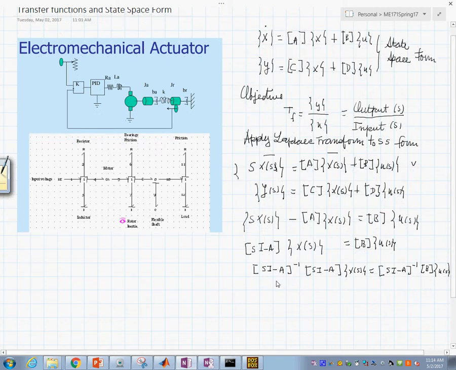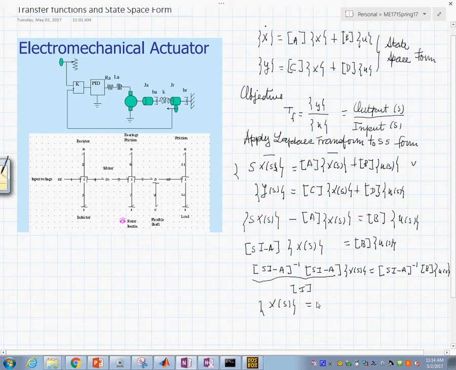But do you remember what a matrix inverse times itself is? This is just the identity matrix, right? The identity matrix multiplied by the vector is just a vector, right? So there we go. So this is the identity matrix, like this. Very good. So this means that x of s